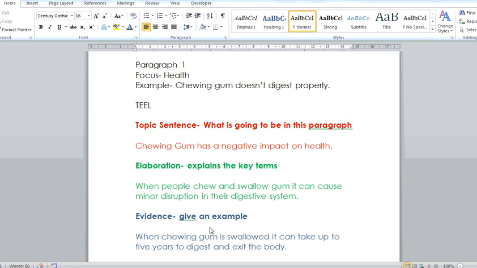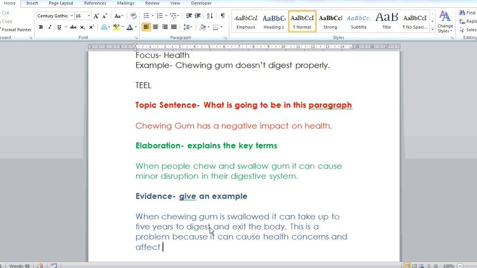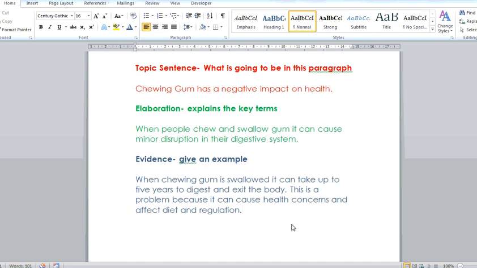The next part of this is I just need to, usually I'd say this is a problem because it can cause health concerns and affect diet and regulation. Okay, I've been pretty broad in that, but I guess the idea is you just want to show why something is a problem. The last step I need to do is what's called the linking statement,